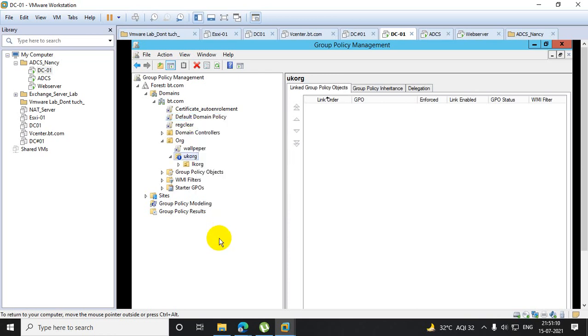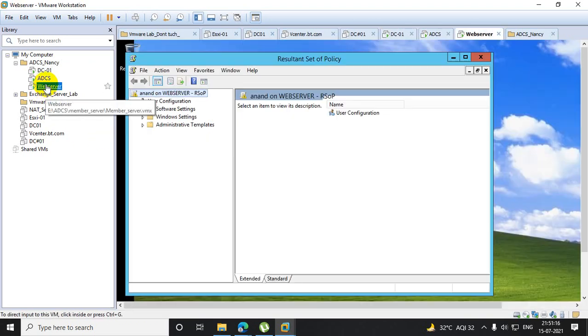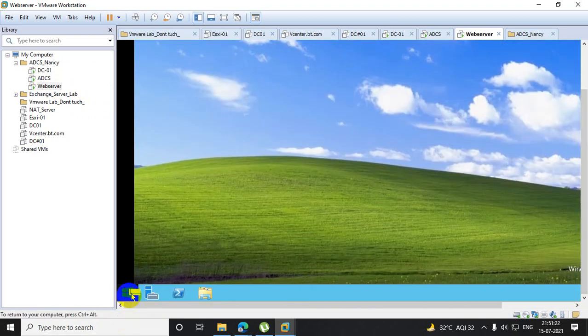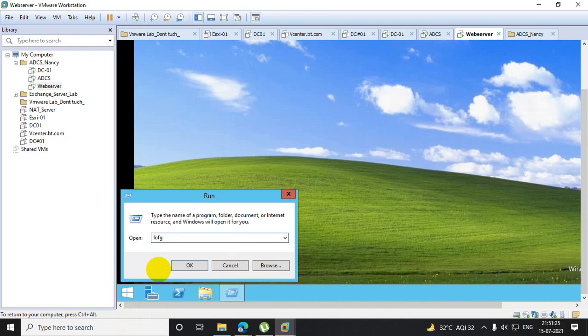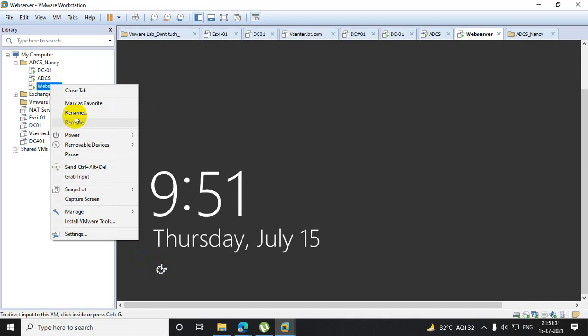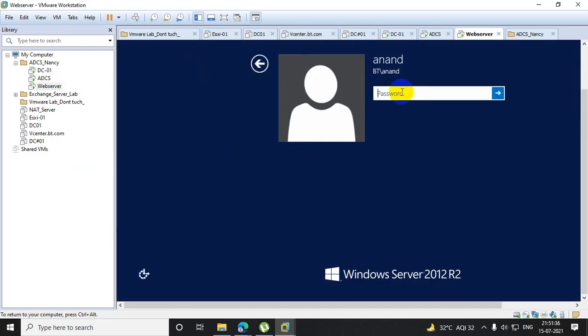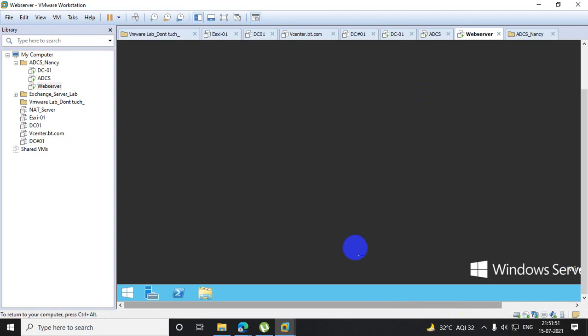But yes, I will do that, but before that I will check whether it is the same for Anand as well. Let's see, I will log off and then log in. It is not applying.